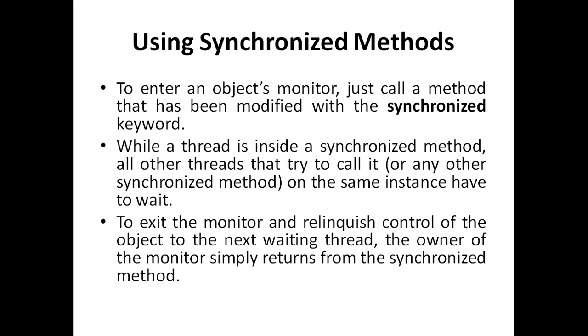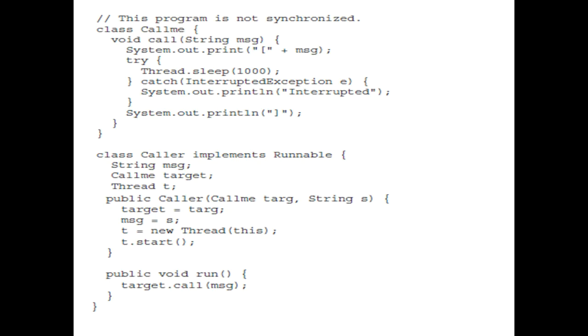It means once you create a thread and you call a synchronized method through the object of that newly created thread, you have acquired the monitor, or you have acquired the lock. So at the same time, no other thread can acquire the same lock on the same resource. Once you complete the task, you need to return from the synchronized method. Then any other thread waiting to acquire that lock will get access to it.